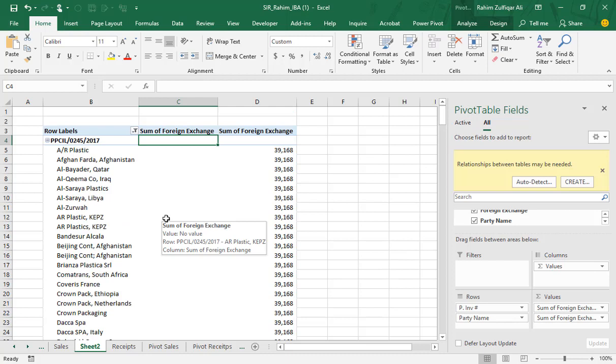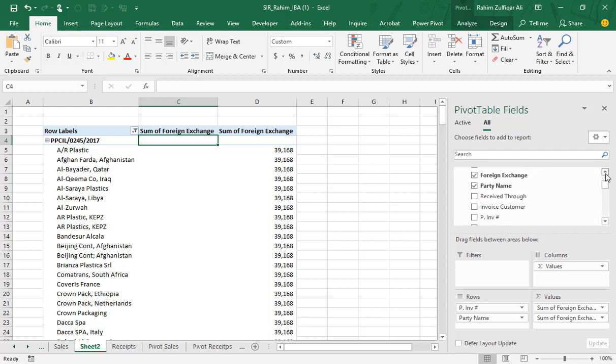It is happening because in the sales and receipts tables the party names keep on repeating, and we don't have a unique list of the party names. So we have to add the party name column into the dimensions table. The dimension table is a kind of table which consists of all those columns which we need to connect with the actual tables creating the transactions.